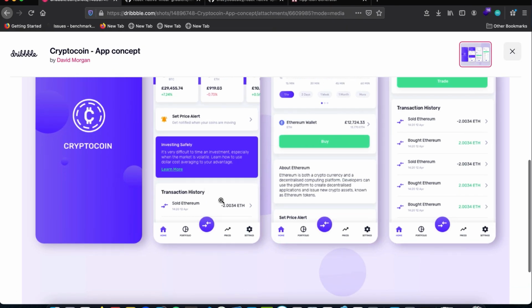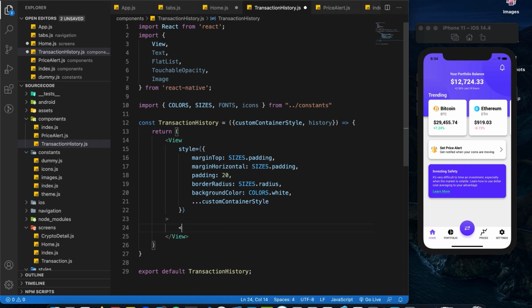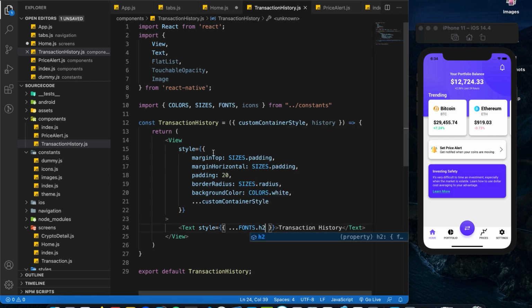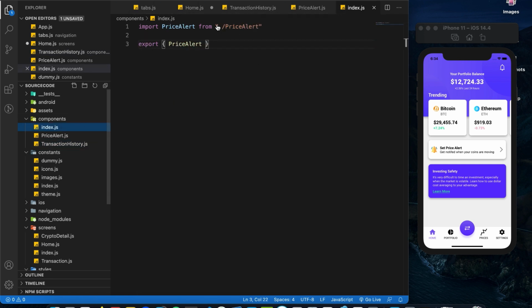transaction history label. So we need a text component over here, transaction history, give it some styling. So style equals fonts.h2. Now let me first try to export this component over here in the index.js file so that you can